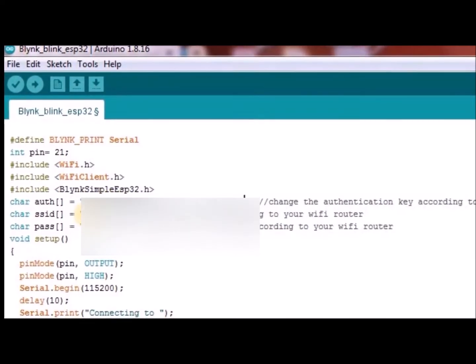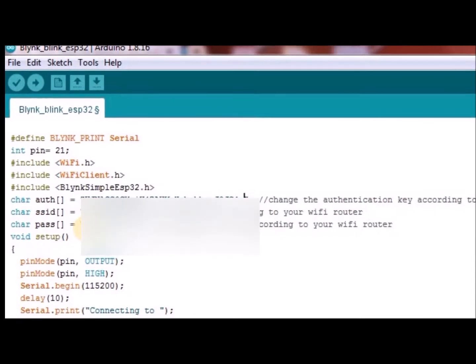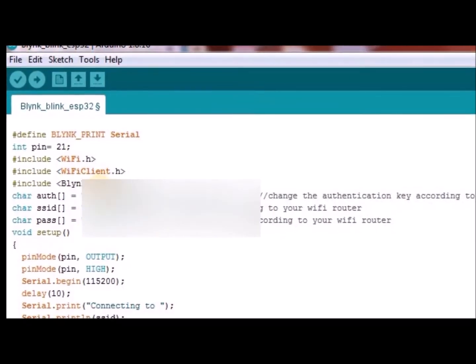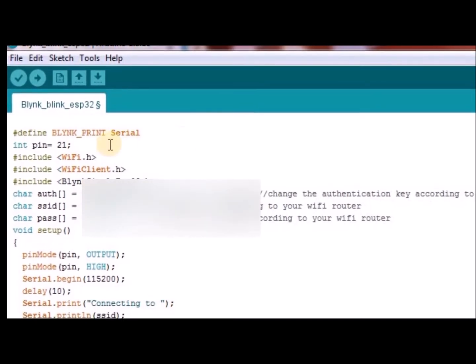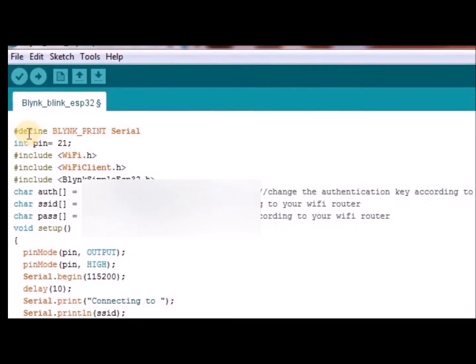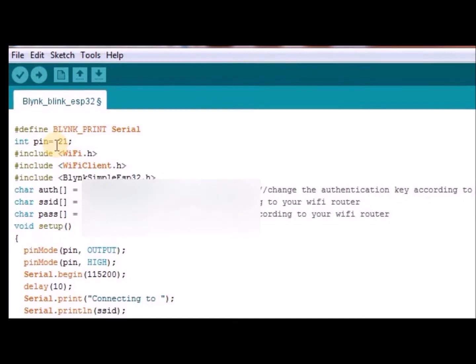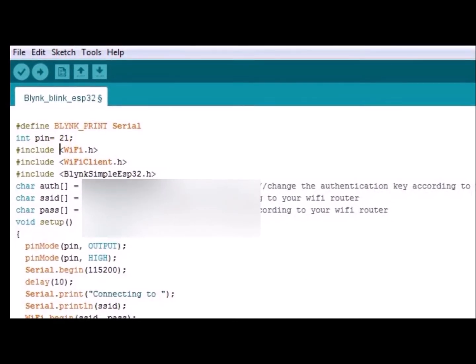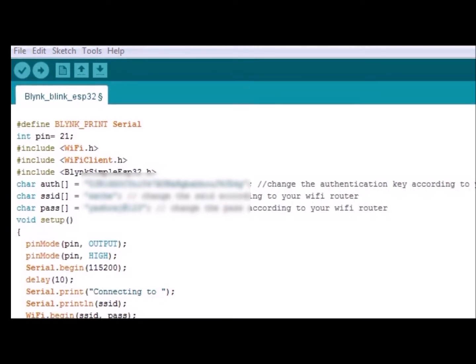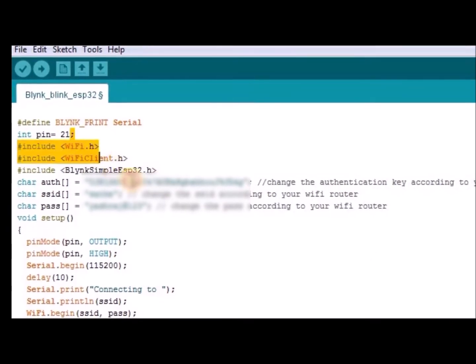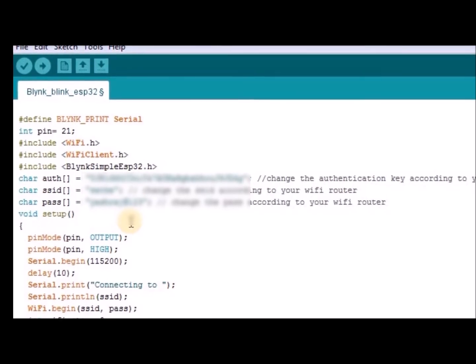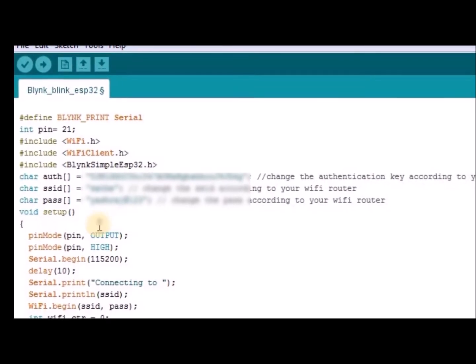I will set the SSID and password as per my network. And we have already decided the pin, which is the 21st, where we have connected the positive leg of our LED.